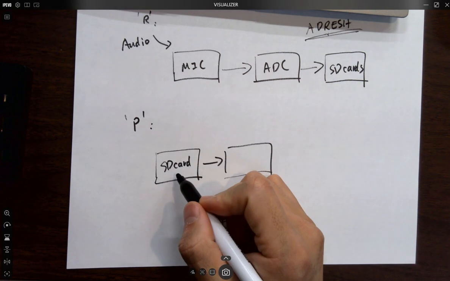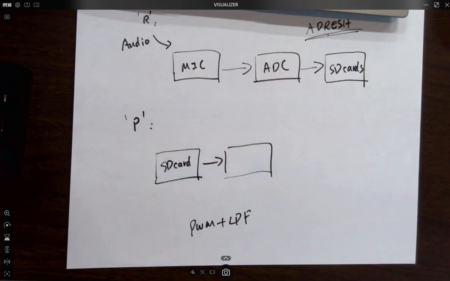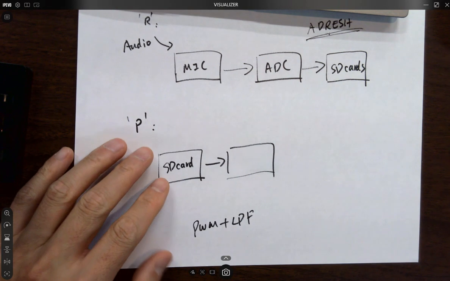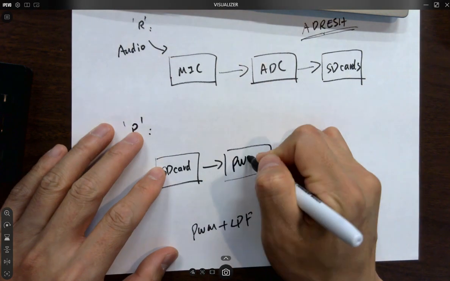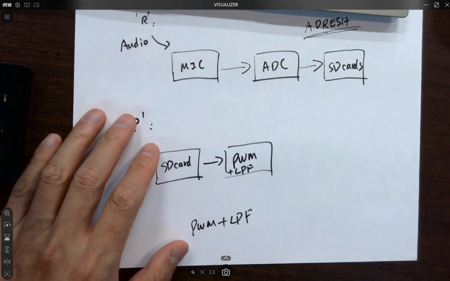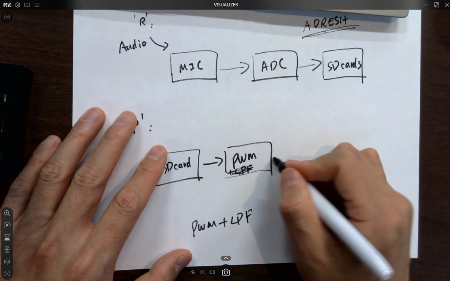All right, so for here, what's next though? The SD card got the bytes, right? So the bytes are duty values for the PWM. So the next stage should be what? Okay, should be this, right? Or let's just use the PWM for now. And the next will be